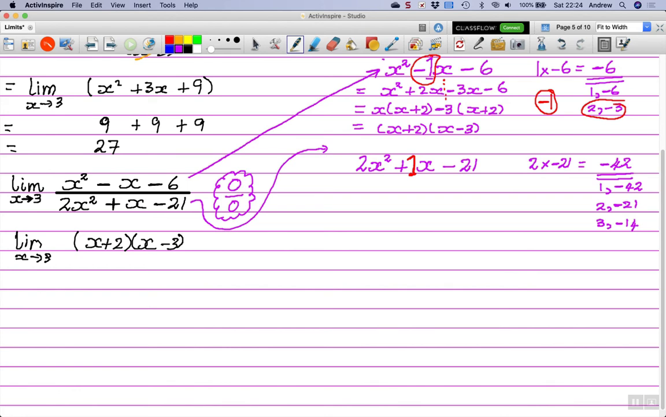Fours don't go in, 5s don't go in, 6 does go in, and it goes in 7 times. Now when we add 6 and minus 7 together, we get minus 1. But what we're looking for is